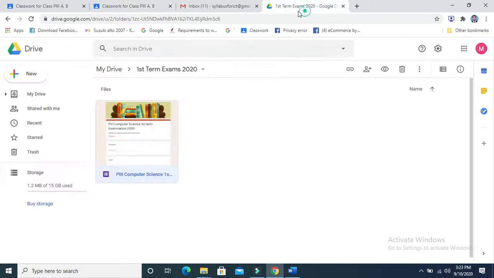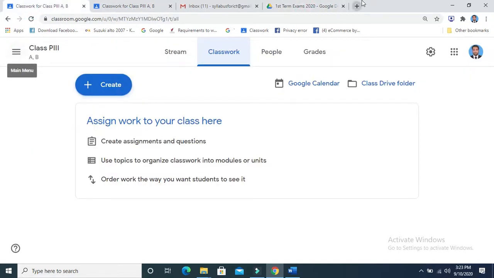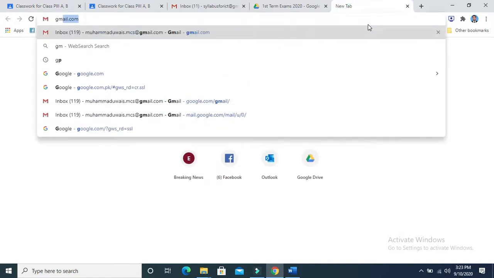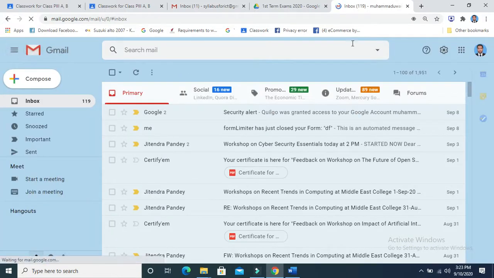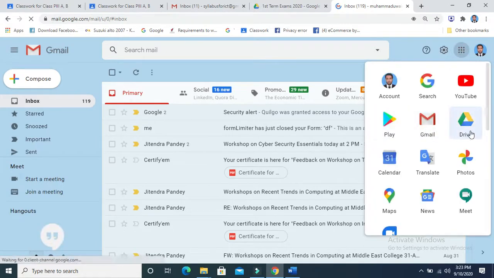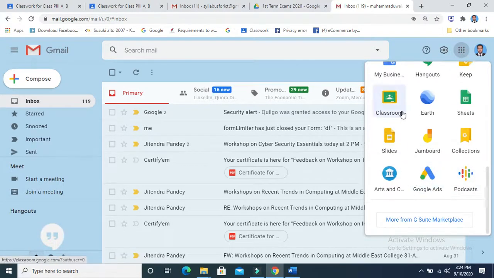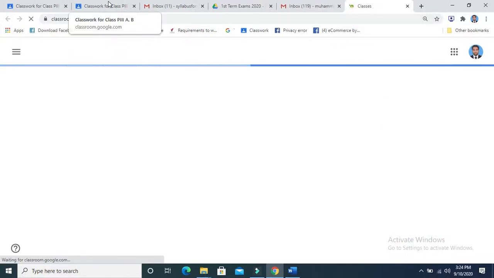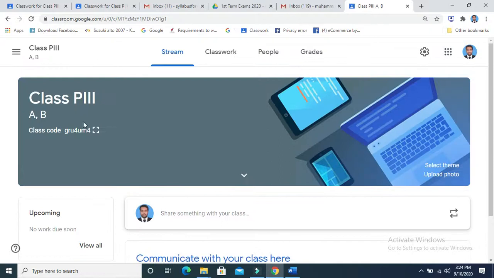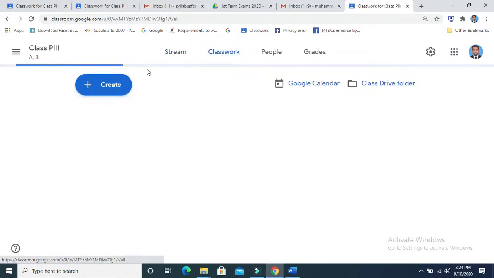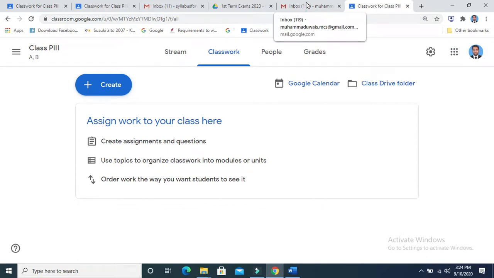I can show you this in another classroom that I have, just like when I give assignments, how the assignments are received and how we will be marking them. Definitely you will receive in your class all the material that the student uploads. He will upload it in this way, and you will be able to see how it will be visible when you click on it. That is the thing that I want to show over here.